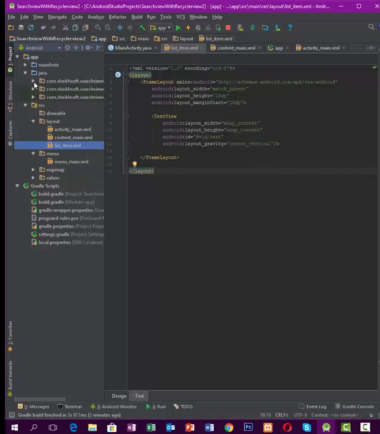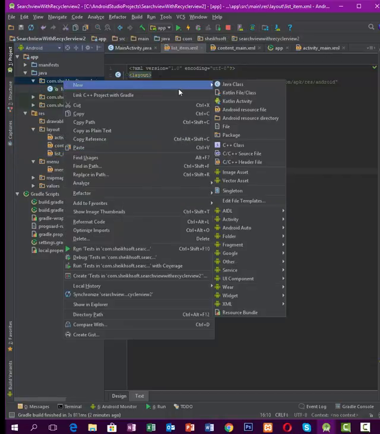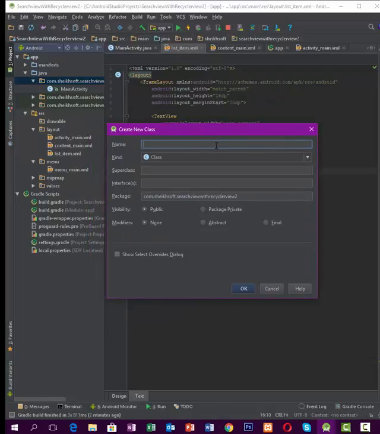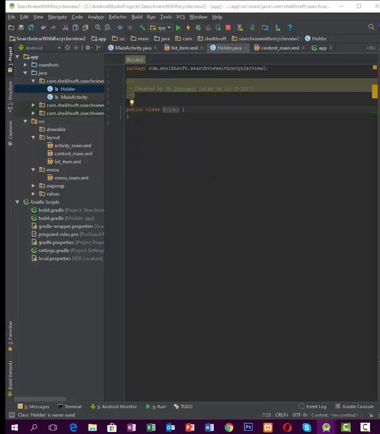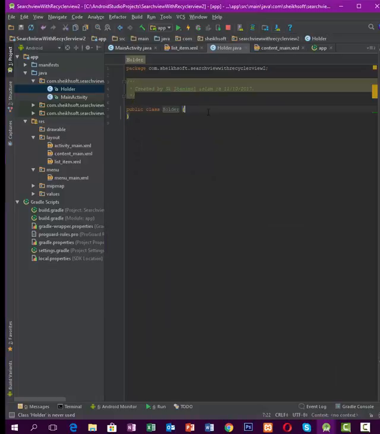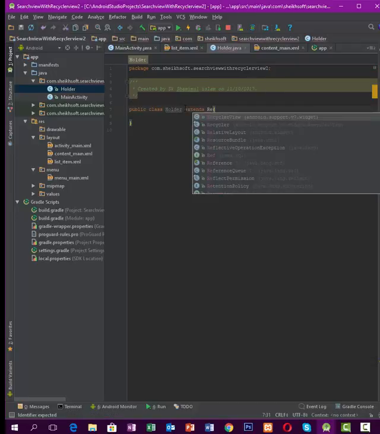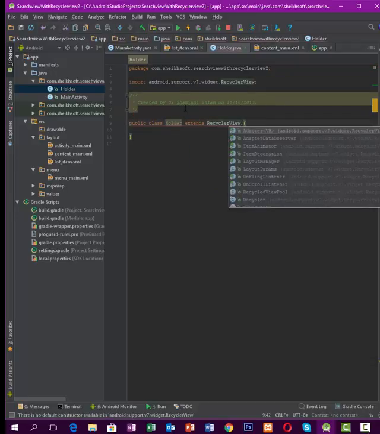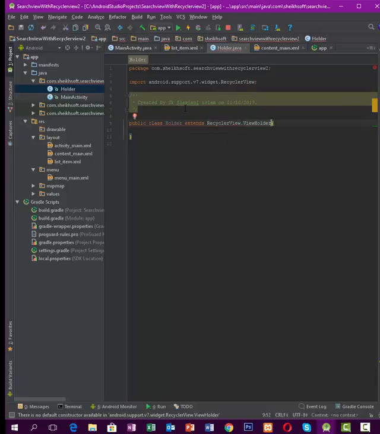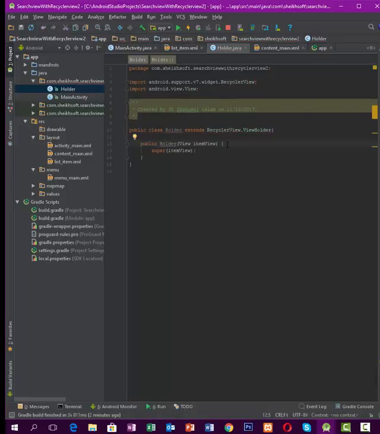Into the frame layout, I create a holder for the RecyclerView. I extend it with RecyclerView dot ViewHolder. Alt+Enter to implement the methods of the class,